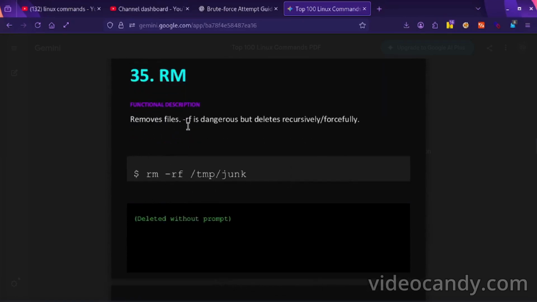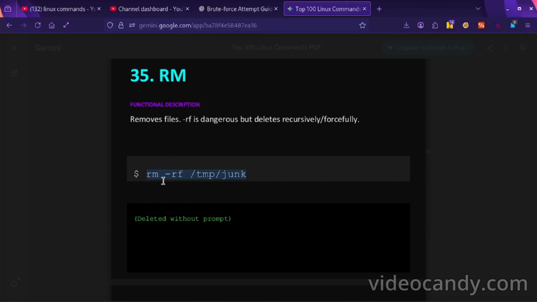rm -rf removes files. -rf is dangerous: it deletes recursively and forcefully. rm -rf deletes this.